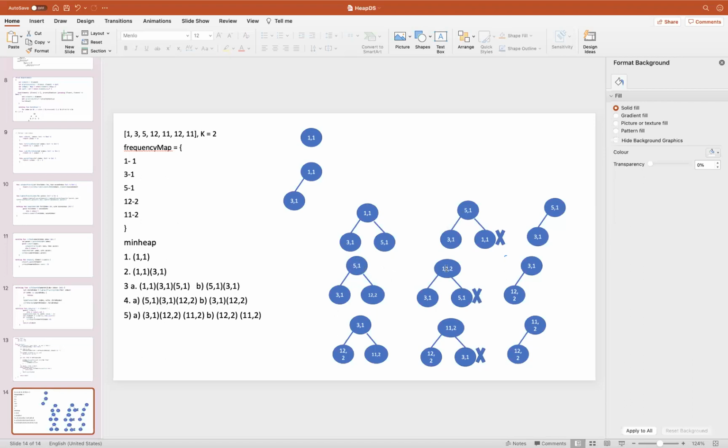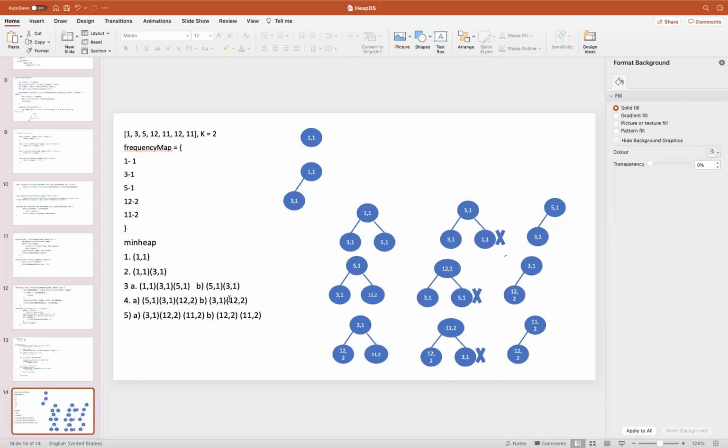For deletion, I replace this entry with this entry, switch between these two, and then delete this entry. Again, 12 2 and 3 1 are violating the min heap property, because 2 is bigger than 1, so I have to swap. So 3 1 comes here and 12 2 goes down.